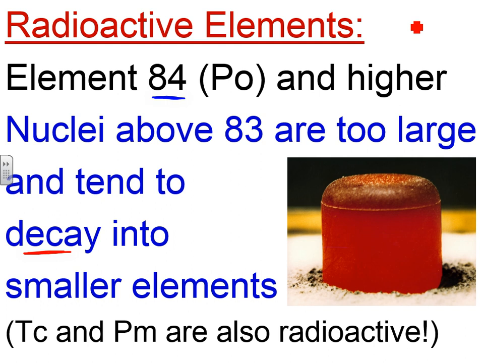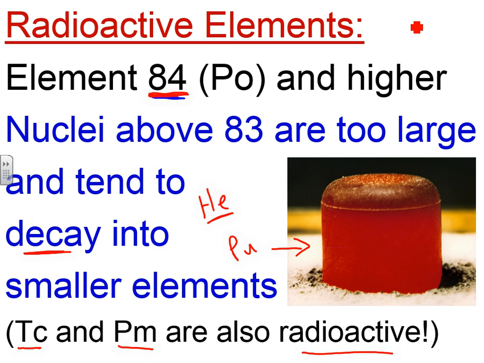Here you have plutonium, and plutonium is actually used as a nuclear fuel in the spacecraft that we send off into space. We don't care if it's radioactive. There's no living things on board, and so plutonium is actually used in this case. This is plutonium. Now, there are 2 more elements that are also radioactive, but they're below 84, and we kind of see this pattern of exceptions on the periodic table, and they are technetium, element 43, and promethium, element 61. These are also radioactive, and they're actually unstable, and they don't exist. You have to synthesize them, essentially.